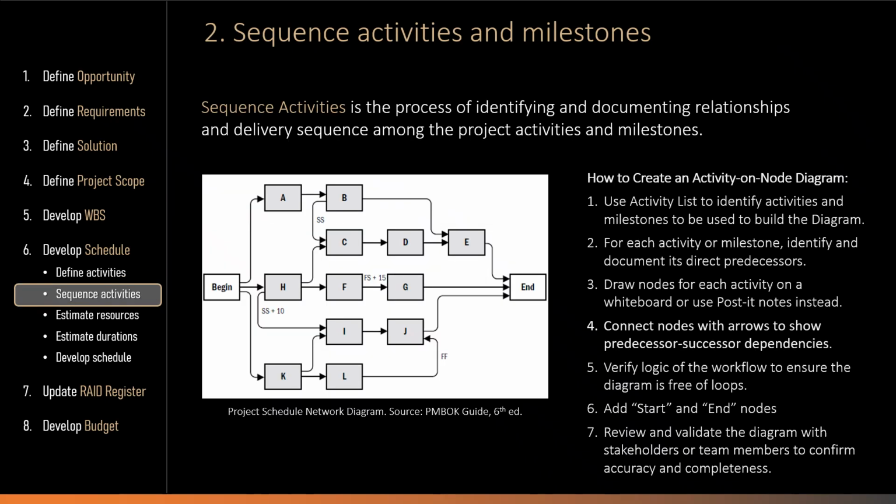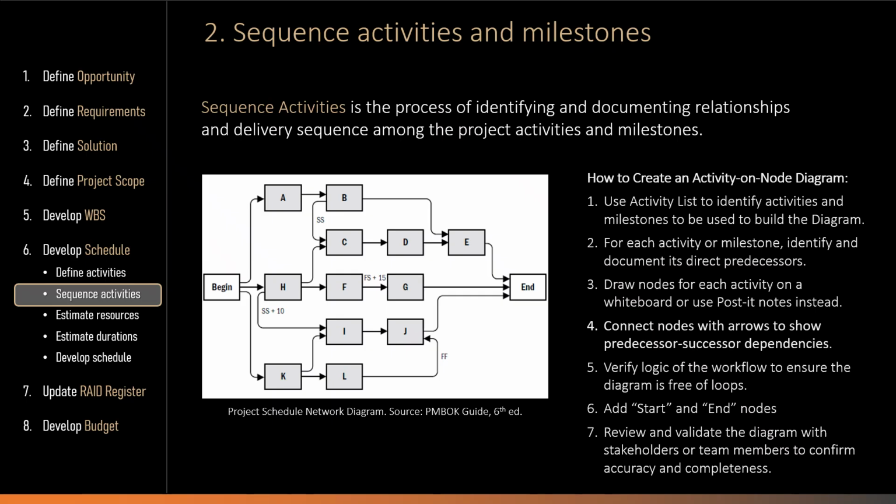After all relevant activities and milestones have been identified and documented in the activity list, the next step is to identify the predecessor-successor relationships between them. In other words, we need to understand which activities must happen before other activities can start or finish. One of the most commonly used tools for identifying and visualizing these dependencies is the activity on node diagram shown